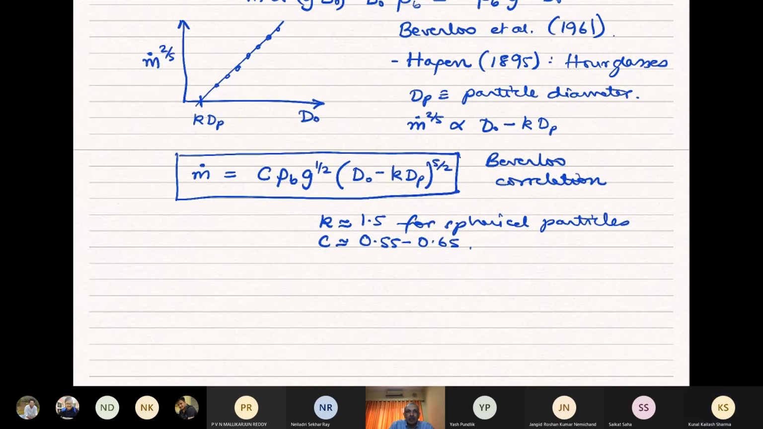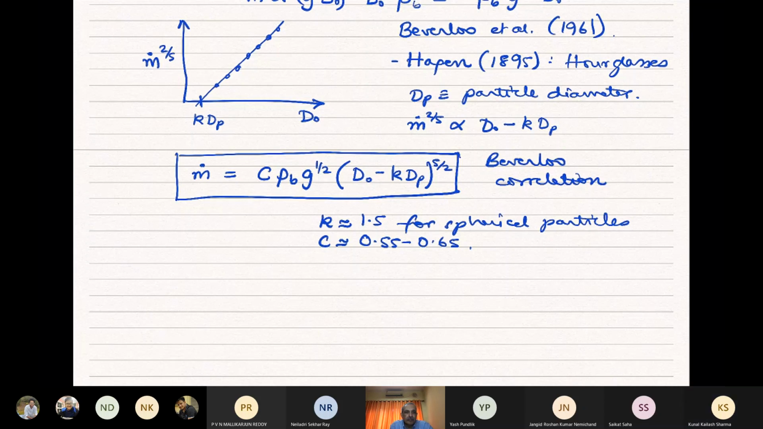Sir, Kunal here. Yes, sir. So in the above graph of m raised to 2 by 5 versus d0, if the particle size dp is too small, then will there be any change in the curve, sir? No, it doesn't matter. You get closer and closer to the origin. That's all. Yeah, and the straight line will be adjusted accordingly, right? Yeah. So the straight line will shift, but the key reason is that it's all dependent only on